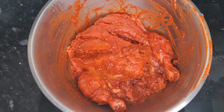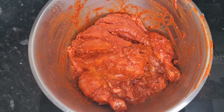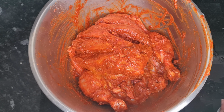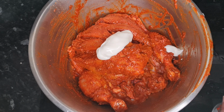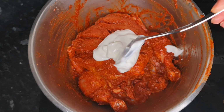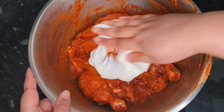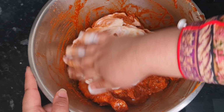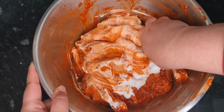Okay, so we're now going to add 3 heaped spoons of yogurt, just natural yogurt. You can put all the dry spices into the yogurt, mix it up and then marinate the whole chicken. But I just like doing it like this, but it's entirely up to yourself. Just going to add 3 heaped tablespoons of yogurt, and then we're also going to mix that in as well. Make sure you mix it in thoroughly into the gashes